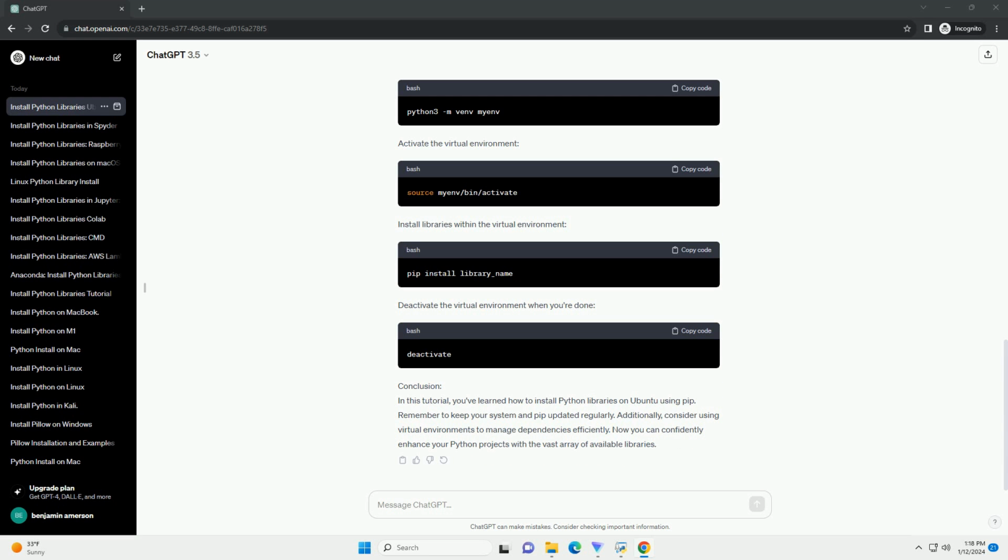Step 3: Install a Python library using pip. Now that pip is installed, you can use it to install Python libraries effortlessly. Replace library_name with the name of the library you want to install. For example, to install the popular requests library, run: